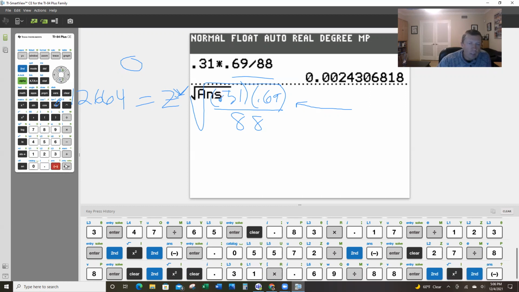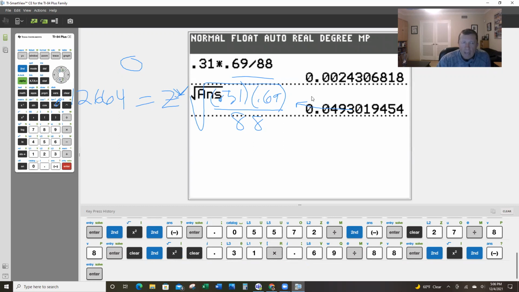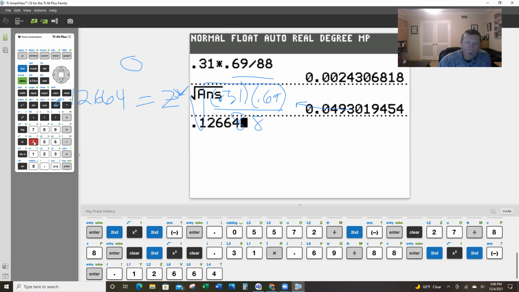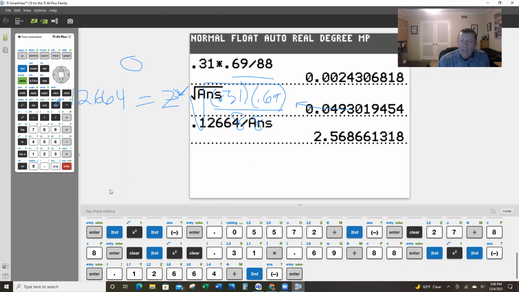Did I get the whole thing? All right, I'm going to leave that there. And I'm going to go 0.12664 divided by second answer, then that. And then now I've solved for this. So I have some rounding, but this looks, I got